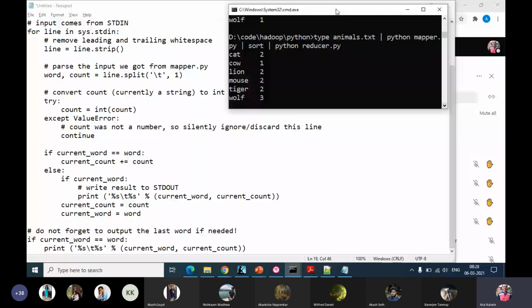I'm waiting for at least a few more students to complete this so that we have sufficient confidence that it's working locally. Others, maybe you are trying, and in case you are facing problems, I'll try and resolve those. But once we have a sufficient number, we'll next try running this example through HDFS.